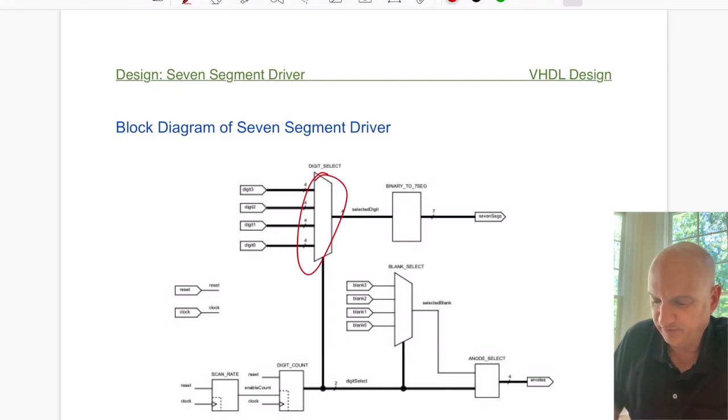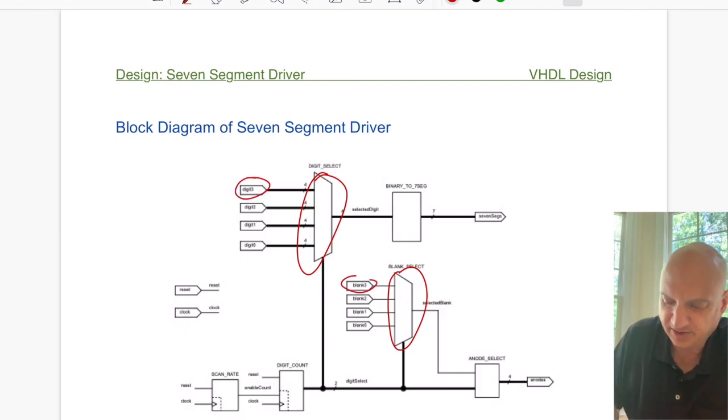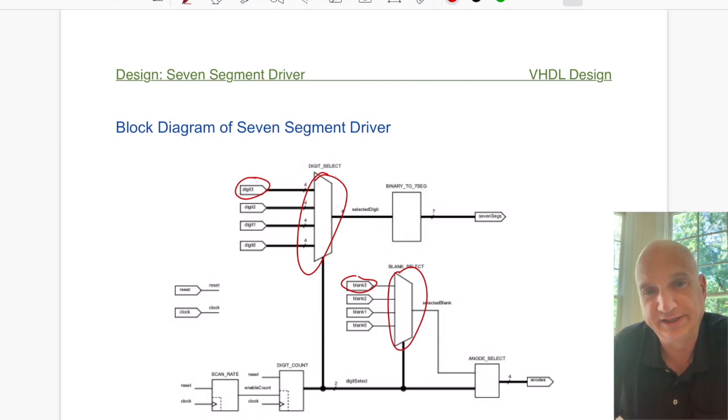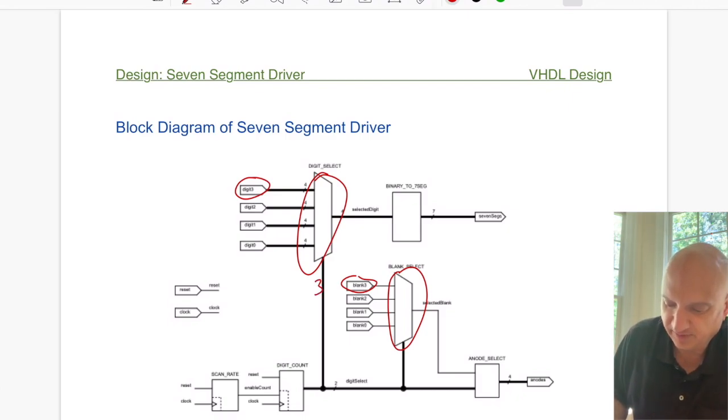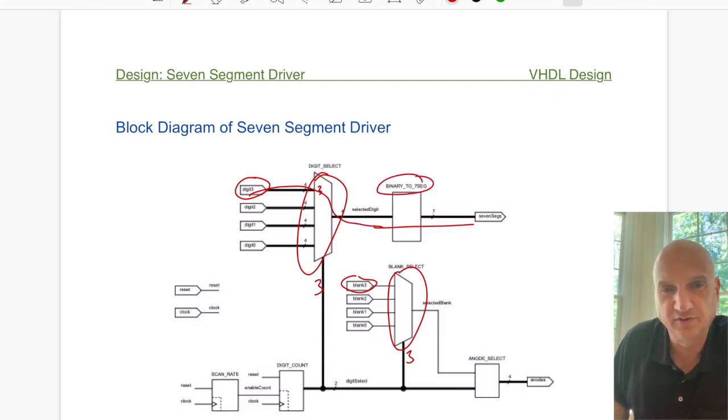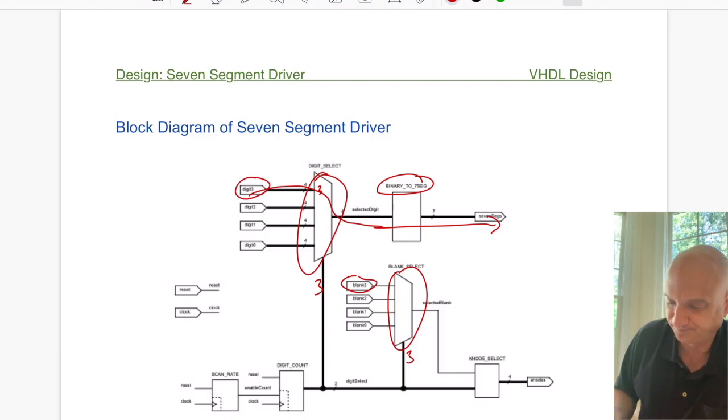Basically, we have two multiplexers that are part of the design, and the multiplexers select digits, right? So let's say we're on digit 3. We're going to display digit 3, which is the far left digit in our display. We want the multiplexer to have a number 3 on this input line and a 3 there, so that it activates this particular signal, passes it through our converter to convert it to 7 segs, and then drives the 7-segment output pins. We also want the blanking input to feed into our